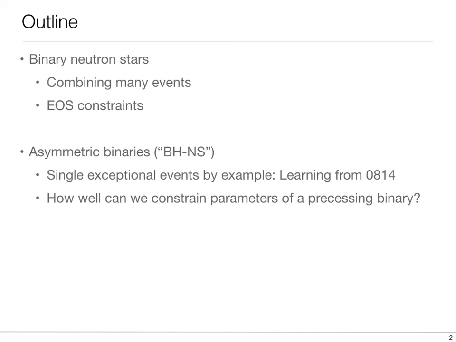So this talk has two parts, binary neutron stars and asymmetric binaries that may contain a neutron star. Each type of binary offers its own special advantages. For binary neutron stars, we know by example that we can measure tidal distortion. This allows us to directly constrain the nuclear equation of state, which I'll do increasingly well with more data. However, due to strong degeneracies, each individual measurement will produce weak constraints on critical factors like the individual neutron star